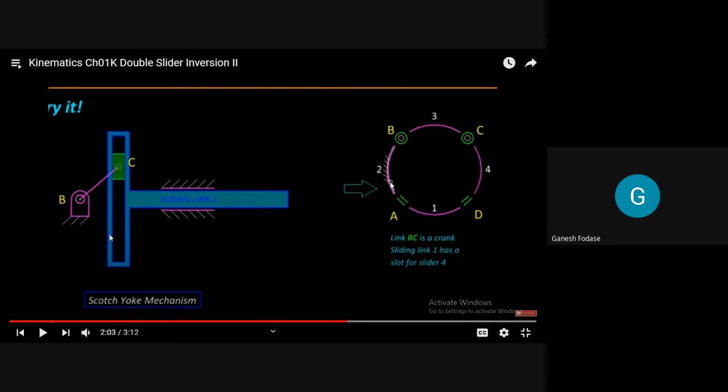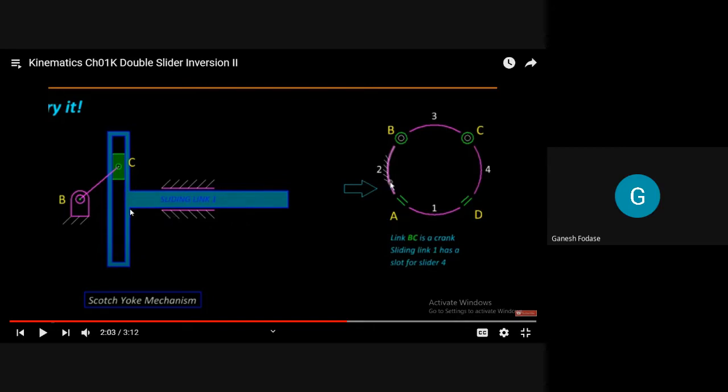What name did we take in our slides for this link? We took a name for the T-shape link, if you remember. Namings are different here. 4, that is our 4th link. What we take here, we take this as fixed link 1, crank as 2. But here crank is not 2. Which one is crank here? 3 is crank. One is, I'm saying, the sliding link, and 2 and 4 are the prismatics.